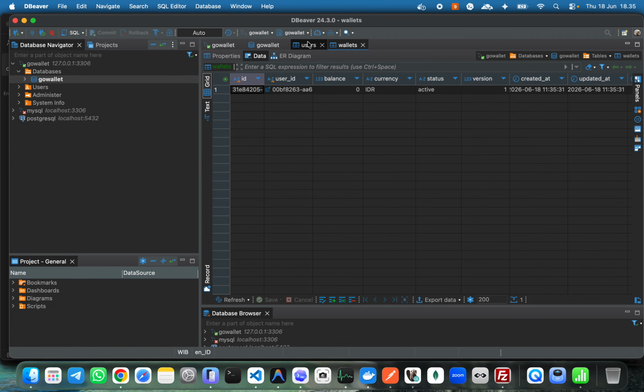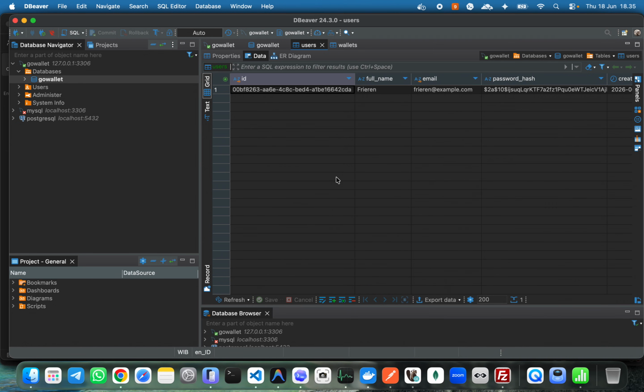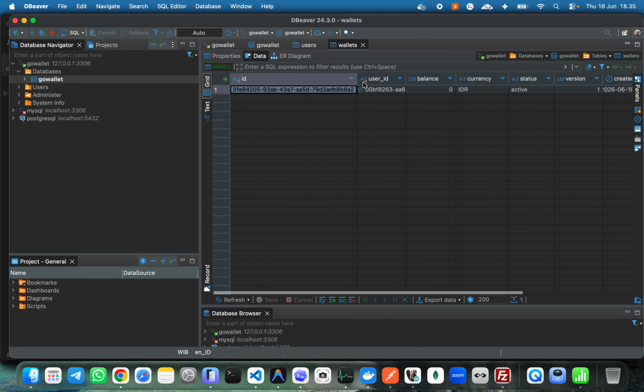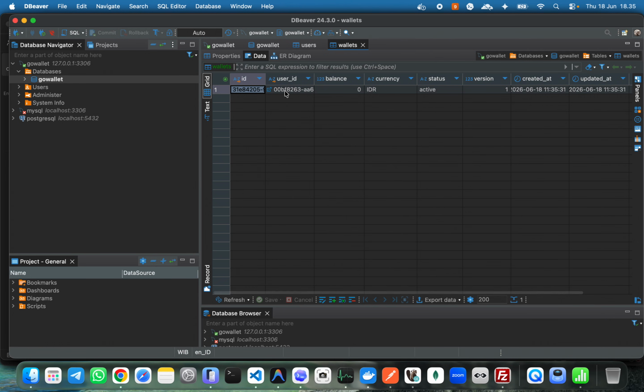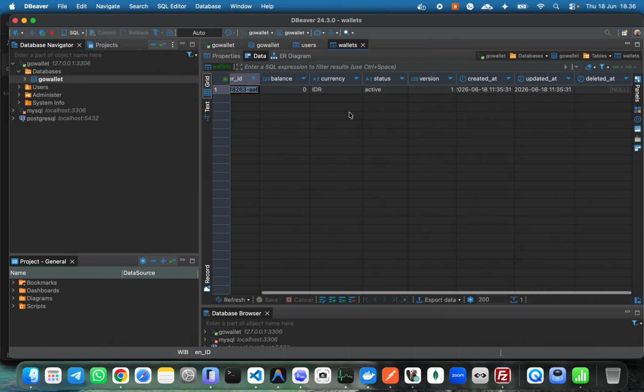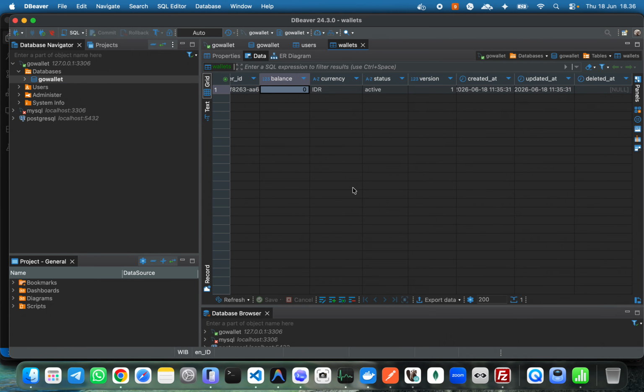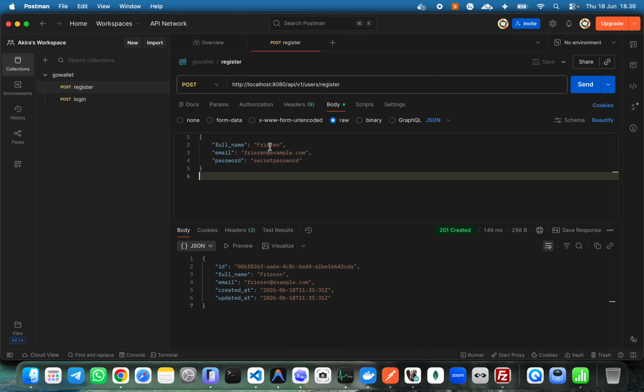Let me check. The wallet is automatically created and the user is also created, but why? I'm not sure. This is the ID from wallets and this is the user ID, and the balance is 0. Okay, so I will check again why the users register test is so long. While waiting for the AI answer, I think I need to try